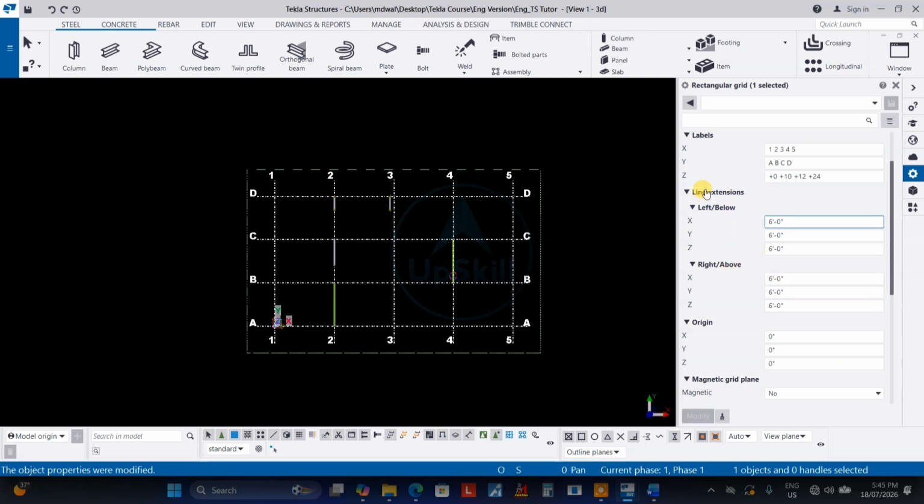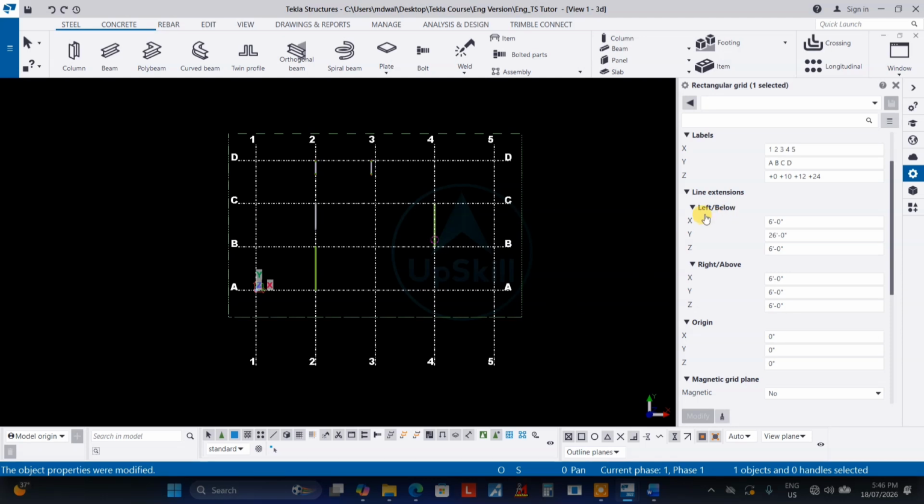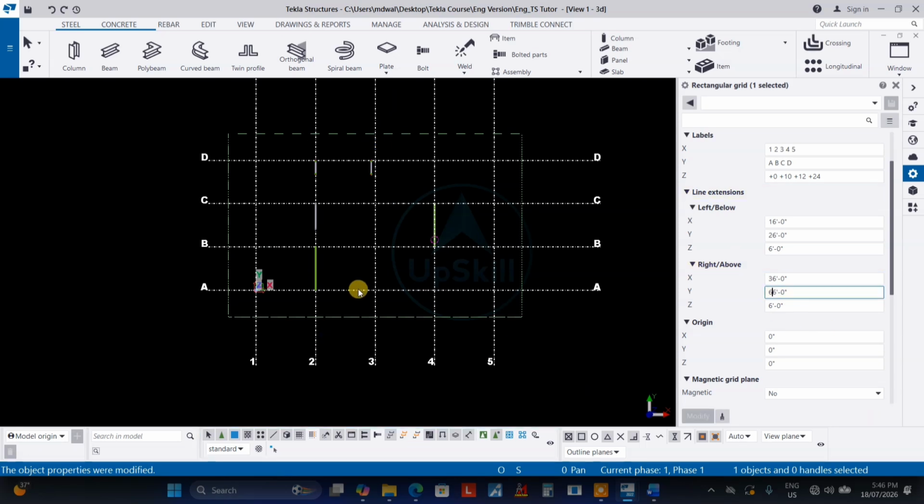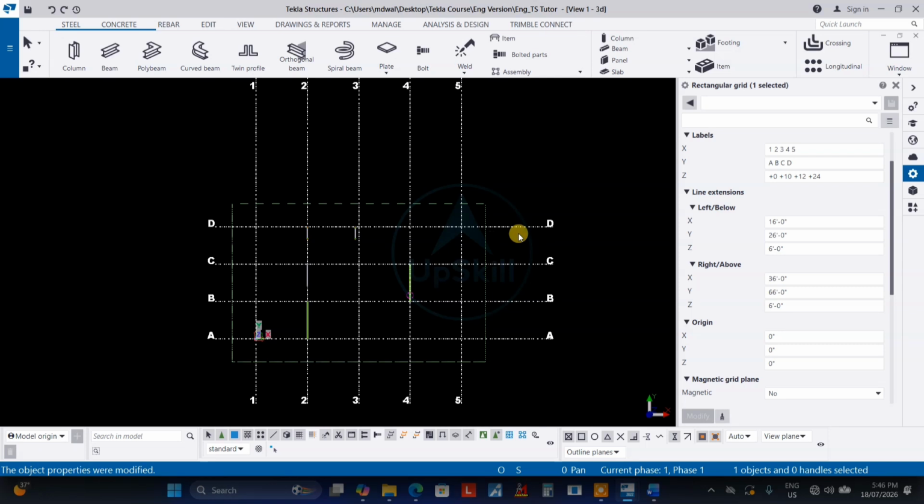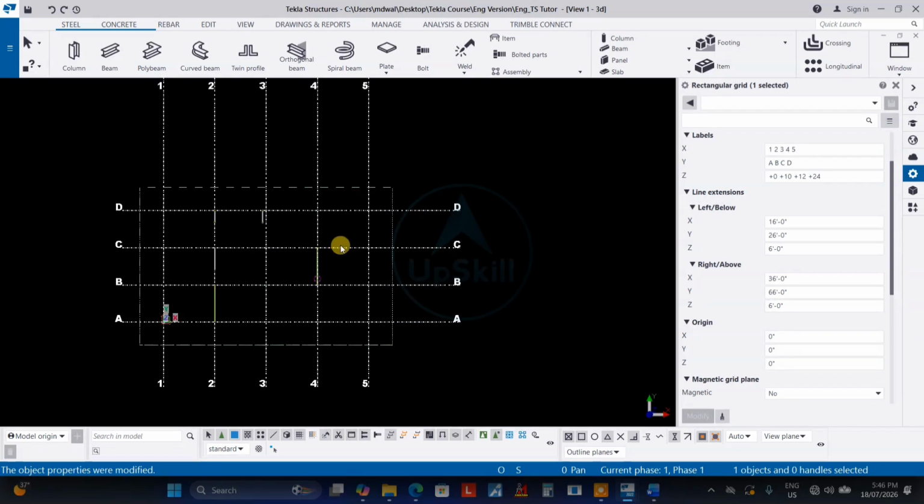and similarly this one is for the right side, and this one in x direction is for the left side. This value is for the y direction. You can see here, I need to change this one: this one is y direction below, and this one is x direction left. Similarly here you can change the right direction, and the y up direction, the upside, you can change from there. So this is one option to extend the grid